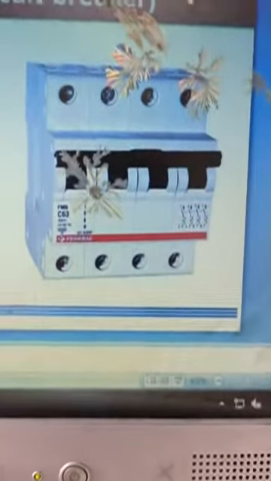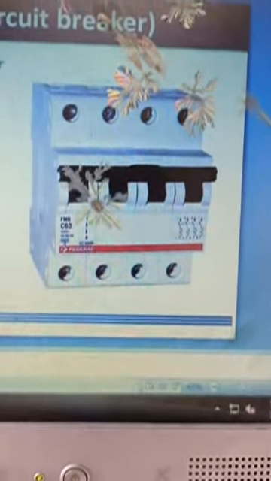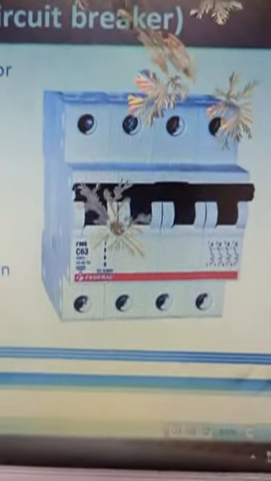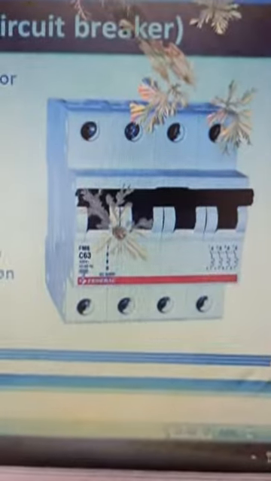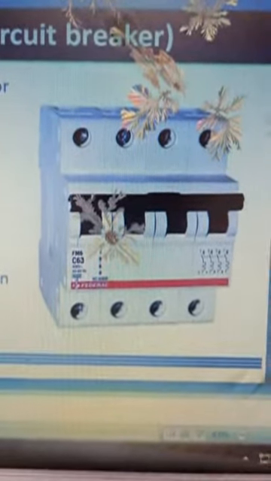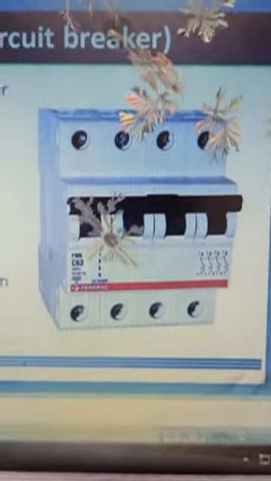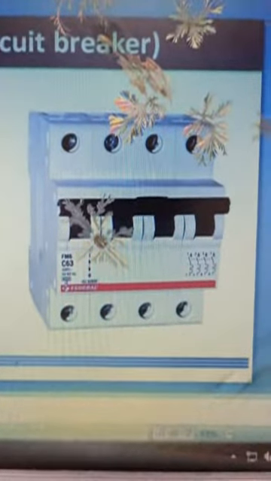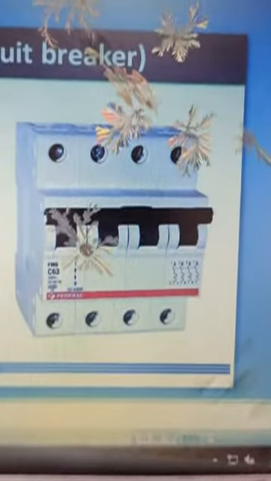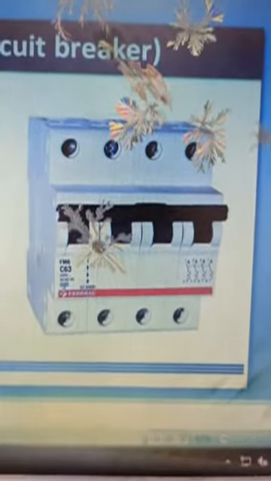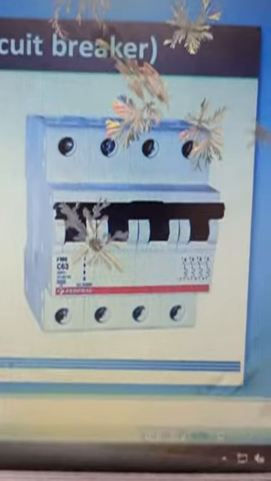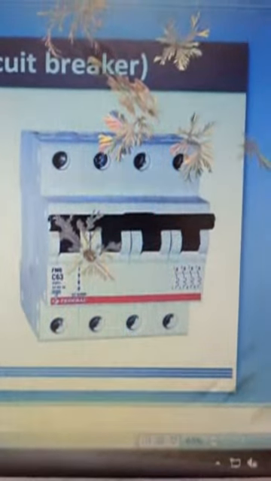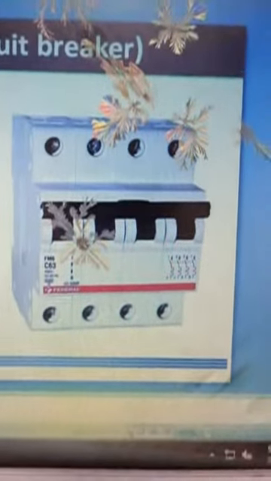This is the original MCB which I have shown here. It is manually and automatically operated. It protects during overload and short circuit condition. The basic function is to detect fault and to interrupt fault current by using this circuit breaker. The MCB functions by interrupting continuity of the electrical flow through the circuit once fault is detected.